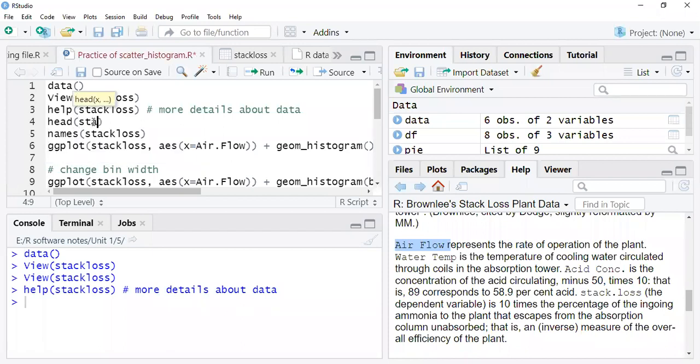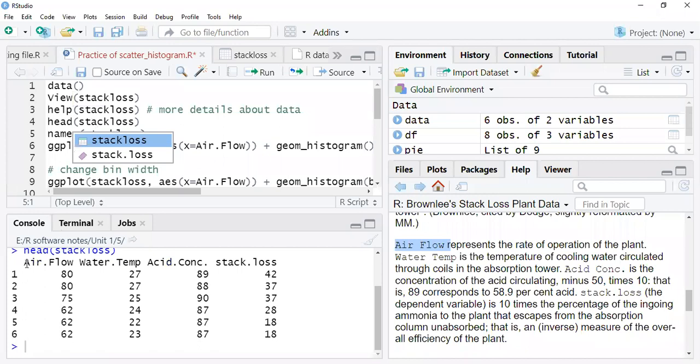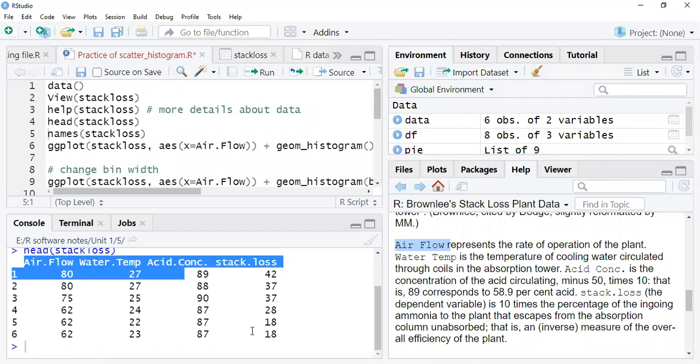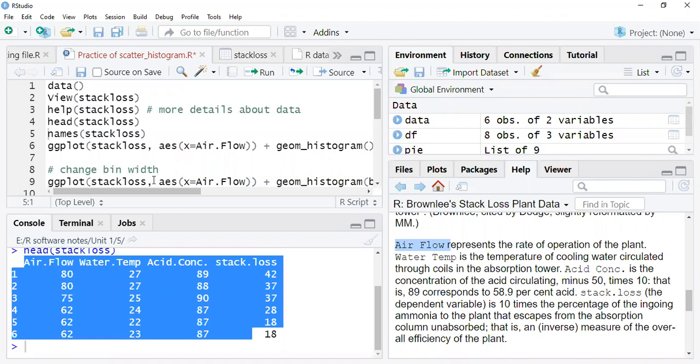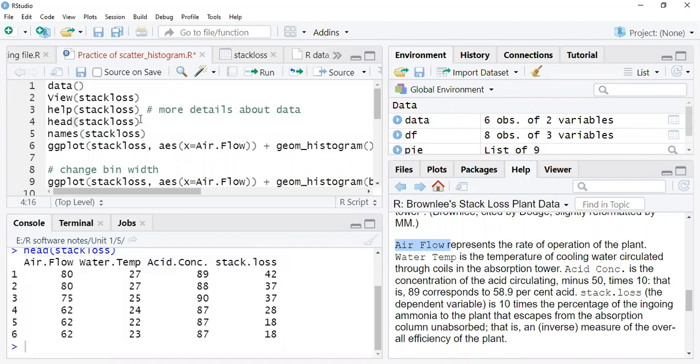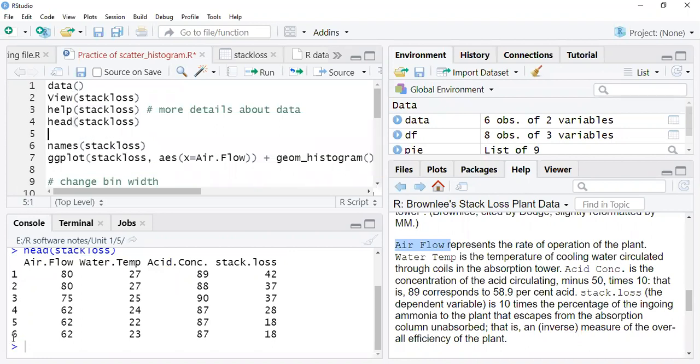If you type head of stack loss data, it will show you the first 6 observations. You can see it shows the first 6 observations. Similarly, if you write tail, you can see here 1 2 3 up to 6, the 6 observations.